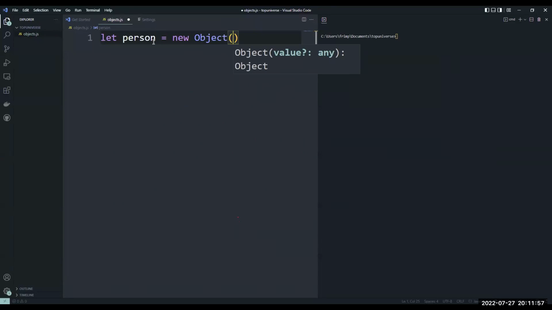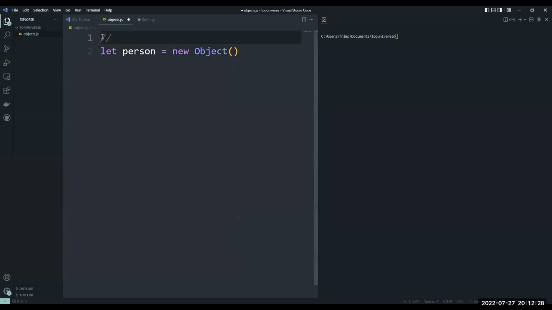Now, as a front-end developer, you might not be using this approach unless you are building a very complex application where you want to be strict. In that case, you are likely going to be doing TypeScript, and then you may want to go into the very details of creating an object. If not, then let me put a comment here, just so people can take note. So this is using the object constructor